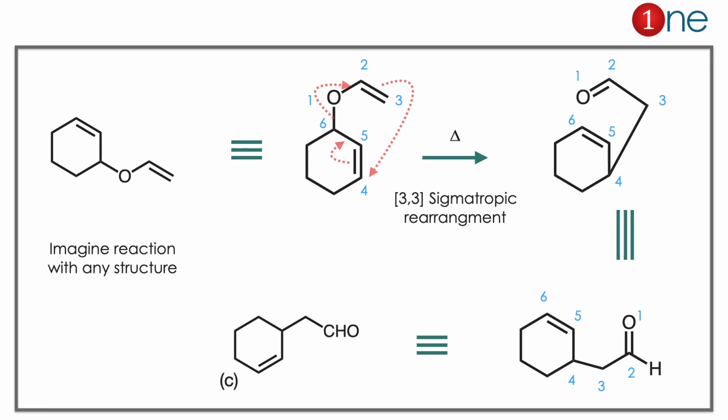Here you have to learn two important things. One is imagination of rearrangement. Whenever you see the functional group which is a diene in the terminal form, you have to imagine 3,3 sigmatropic rearrangement. Second thing is you have to imagine the molecule in all ways, meaning top way or bottom way, right side or reverse side.